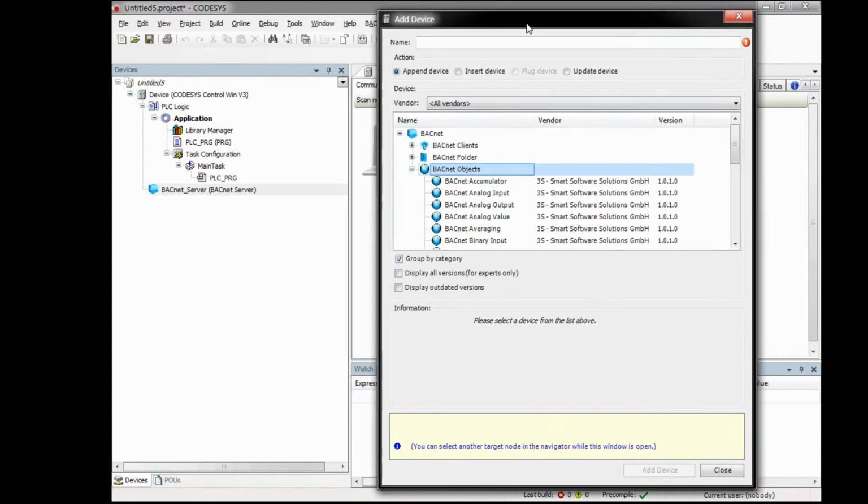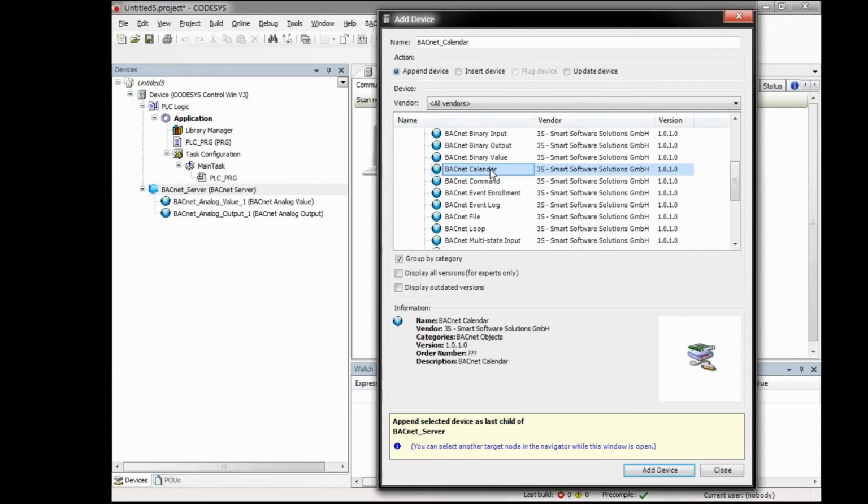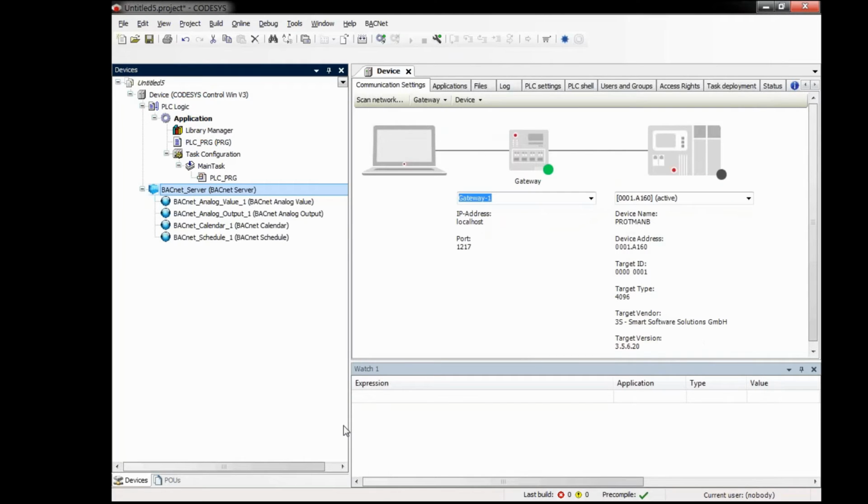So let's add just some objects, some generic objects, for instance, an analog value, an analog output, for example, a calendar object, and a scheduler. Okay, that's at first all you have to do.